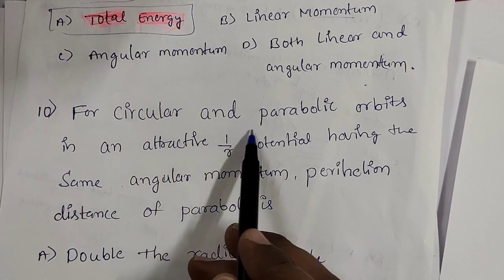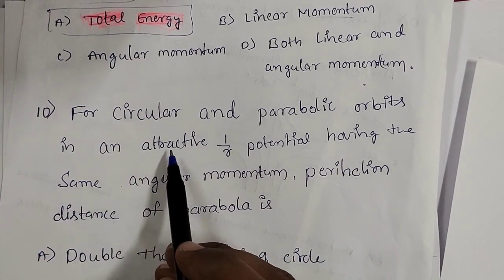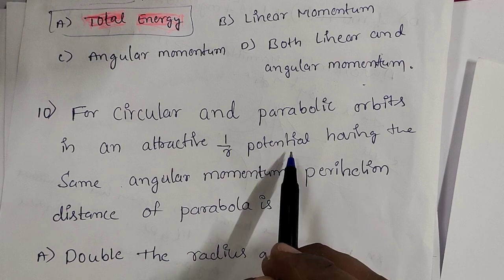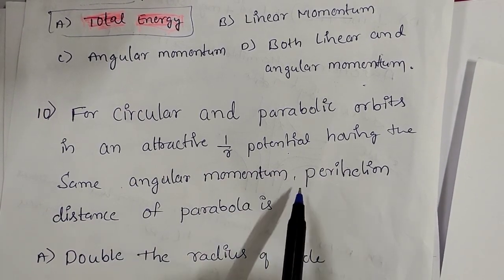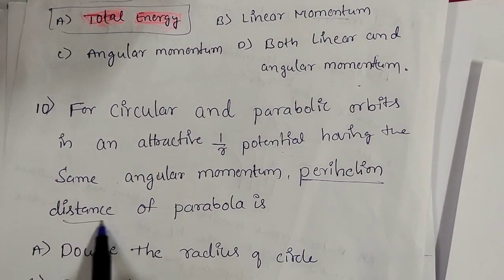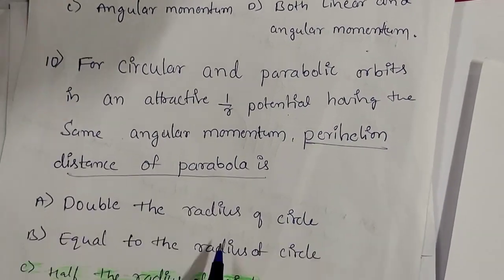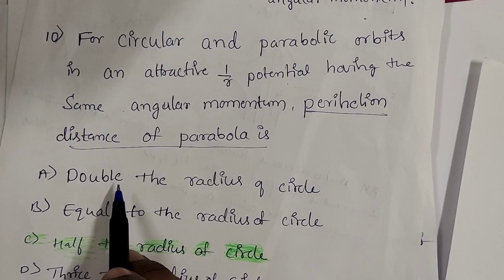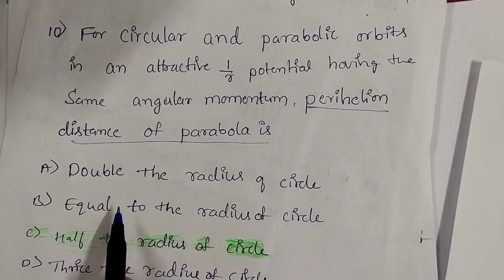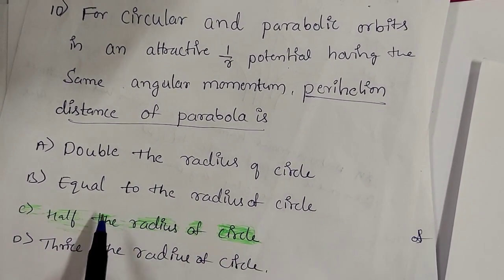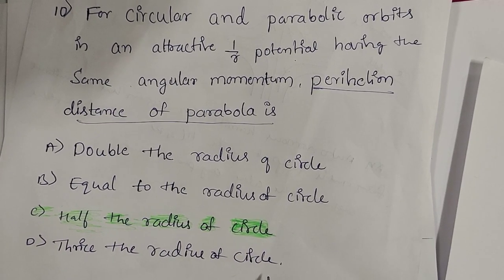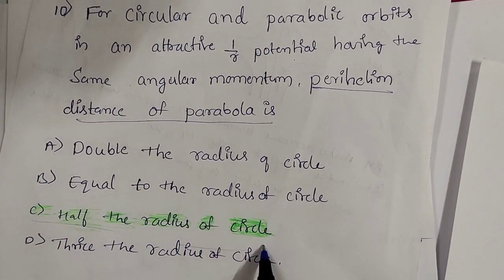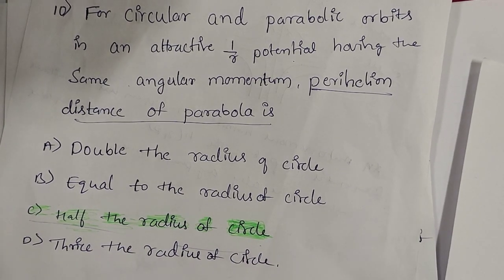For circular and parabolic orbits in an attractive 1/r potential having the same angular momentum, the perihelion distance of the parabola is: double the radius of circle, equal to the radius of circle, half the radius of circle, and thrice the radius of circle. Answer is half the radius of circle. Why? Because